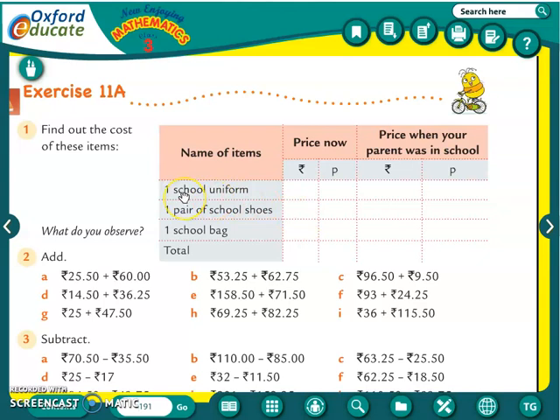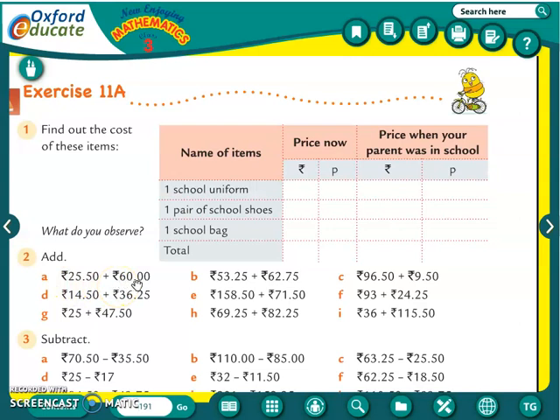So that is your homework. This first question only, that is your homework that you can do with the help of your parents. Now second question, that is addition. 25 plus 50, we have to put the sign of rupees